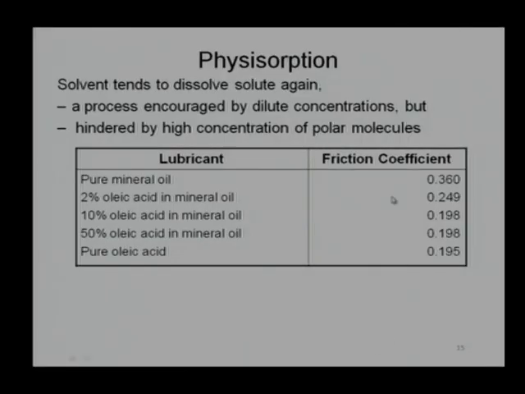So, there is a table which shows the percentage of boundary additives. Oleic acid is one of the fatty acids and is used as a boundary additive. If I am using a carrier fluid of 100% mineral oil, the coefficient of friction is something like 0.36. I am just taking a typical example. When we mix 2% of oleic acid in mineral oil, it is a proper mixing, nothing like just mix and leave it, and the coefficient of friction comes down from 0.36 to 0.249,